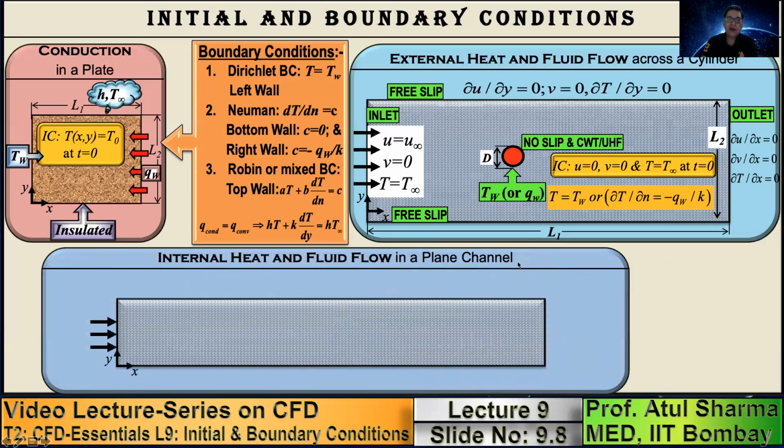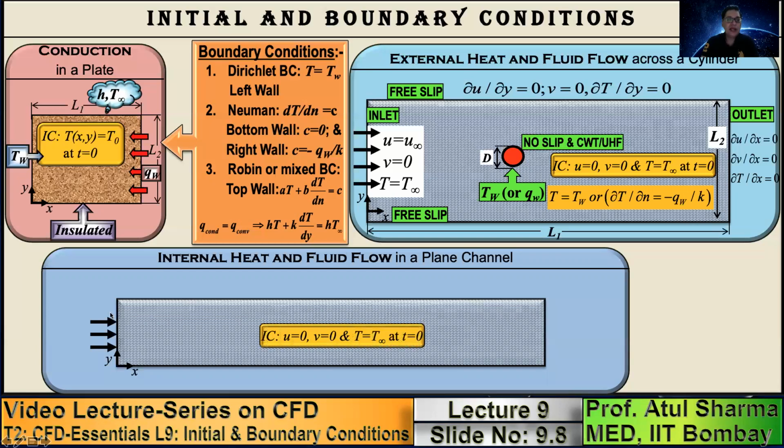After the external flow, let us take an internal flow problem, which could be flow in a pipe or flow in a plane channel. When we say plane channel, there's a top wall and bottom wall, which is like a flat plate, and whose length perpendicular to this plane is very large. So it becomes a two-dimensional internal flow problem. And here for Cartesian coordinate system, this is the horizontal x direction, this is the vertical y direction, where u is the velocity in the x direction and v is the velocity in the y direction.